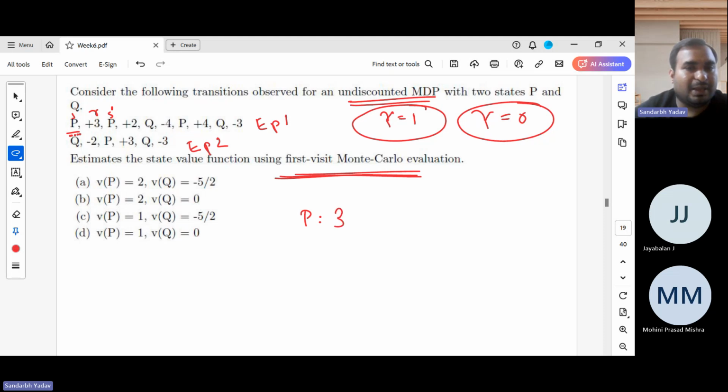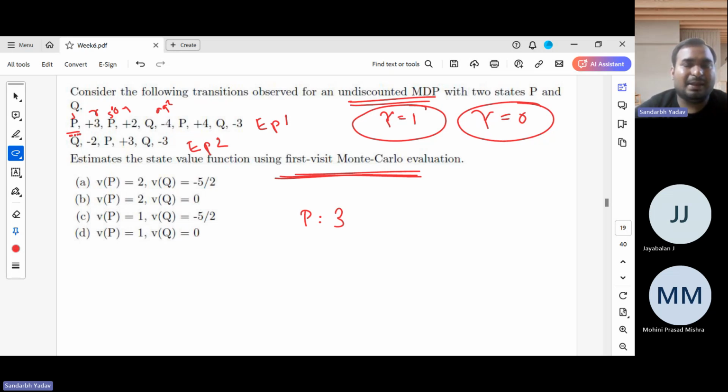So this will be the sum. I'm doing this because gamma equals 1. Otherwise, if gamma was not 1, maybe 0.9, then you'd have to add 0.9, then 0.9 squared, multiply minus 4 by this and then sum. But since we are given an undiscounted MDP, this is given only to ease our calculation. In reality, gamma equal to 1 usually doesn't happen.